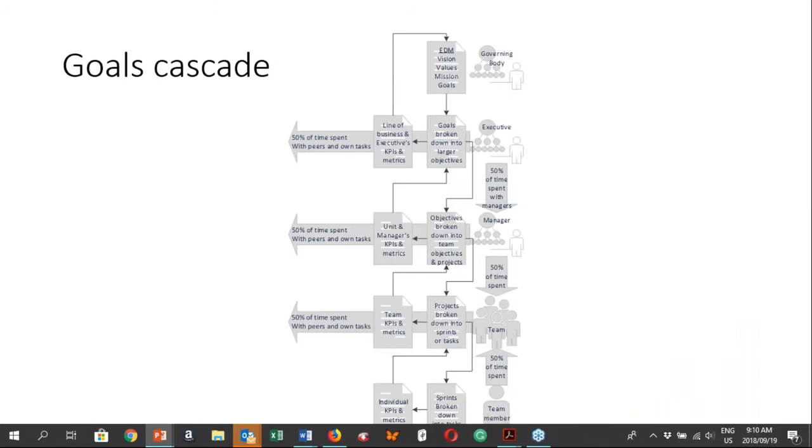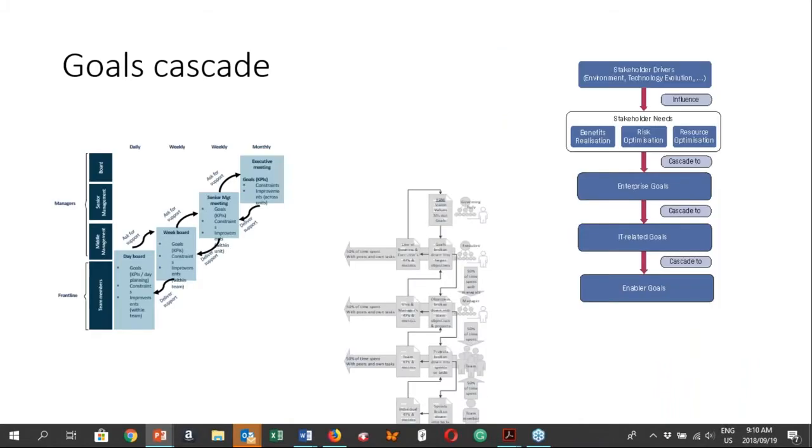So you're most probably quite familiar with the issue of goals cascades within the organization. It's actually not a new idea. It's an old idea. You most probably would have seen it in something like Lean or in COBIT. The idea actually originally comes from Lean, from the concept of Hoshin Kanri.